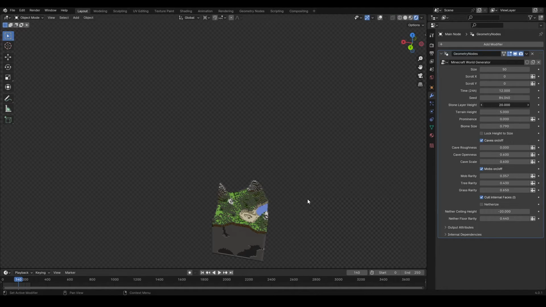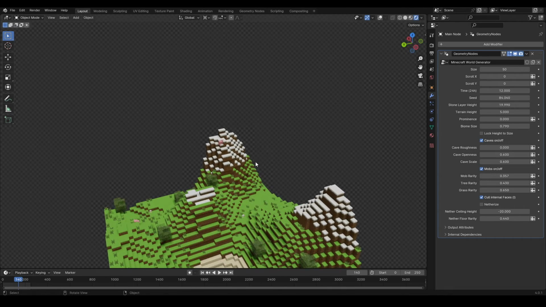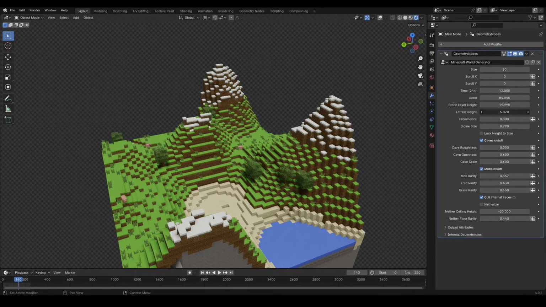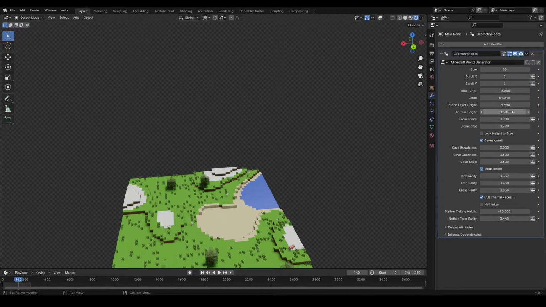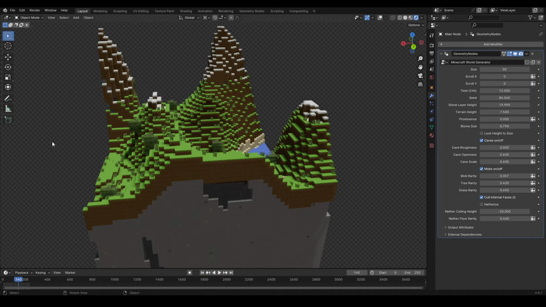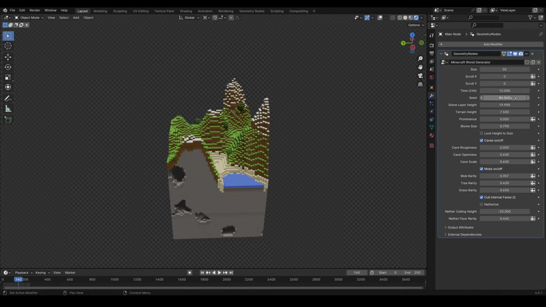Sweet. Now we have the terrain height and prominence. These are both pretty similar settings that allow you to control how high the terrain is. So for example, if we go down to 0.5, the terrain is very, very flat. And the max setting here is 7.5. But of course we can make that even higher if we type in, say, 25, and it will go a little crazy